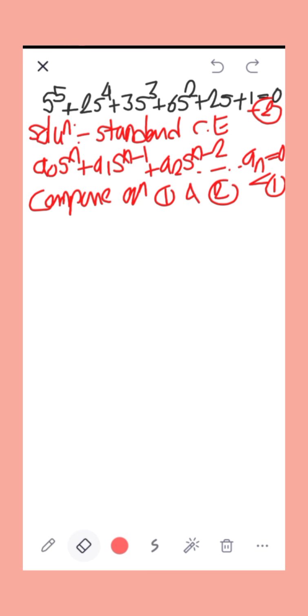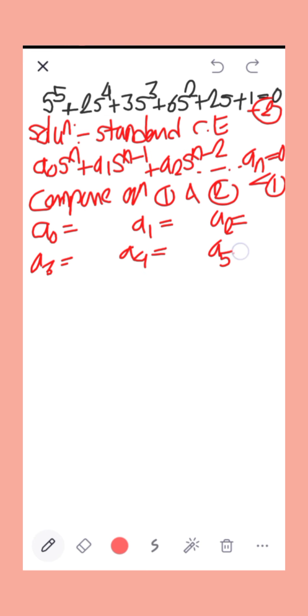Write down the coefficients of the characteristic equation: a0, a1, a2, a3, a4, a5. a0 is 1, a1 is 2, a2 is 3, a3 is 6, a4 is 2, a5 is 1. The next step is